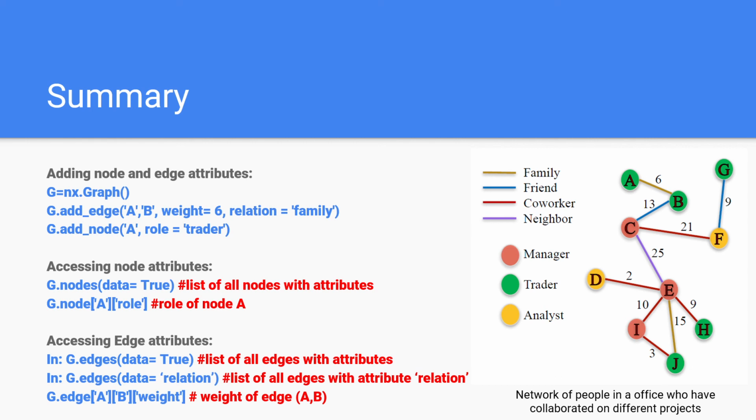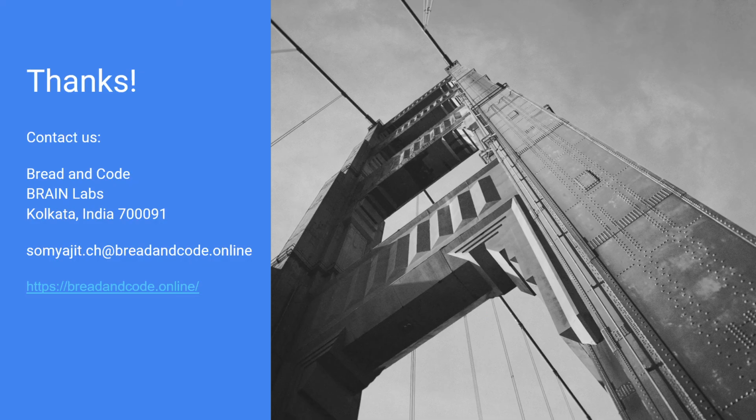Now accessing edge attributes, like we have already discussed, if we want to print the entire data, we just use the Boolean expression True, and for selected attributes we just specify what kind of attribute we want to print. And if we want to access only the weight, or access a single attribute of a single edge, then we have to first access the dictionary of the edge, and then specify which attribute we want to print. Otherwise, if we just use g.edge A B, it will print out the entire dictionary of the attributes of that edge in particular. So thank you. Let us continue our